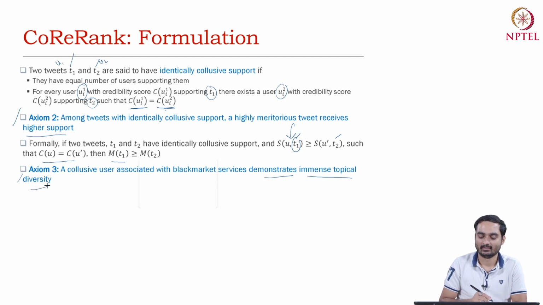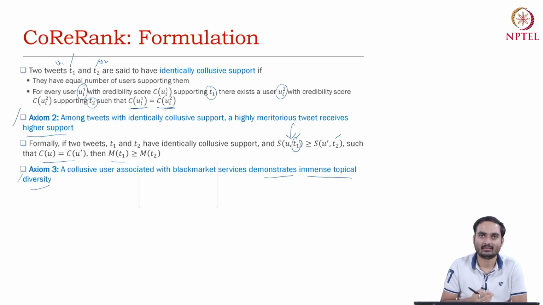What does it mean? Think of a collusive user. A collusive user is compromised by the black market services, and the black market services basically use that account to retweet many other tweets. There may not be any topical similarity, it can be any diverse topics, sports, entertainment, politics, some other events and anything, because this account is used by somebody else,